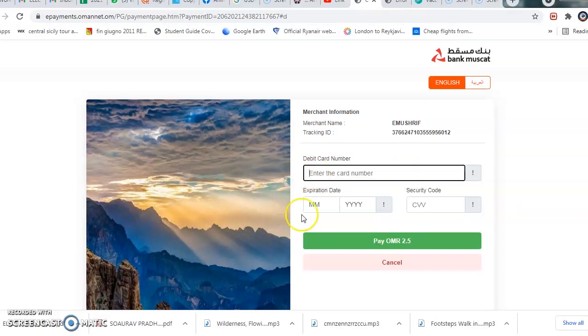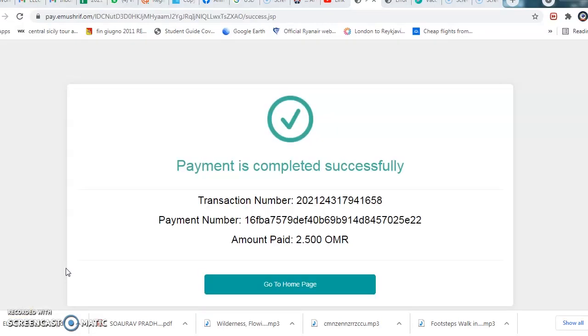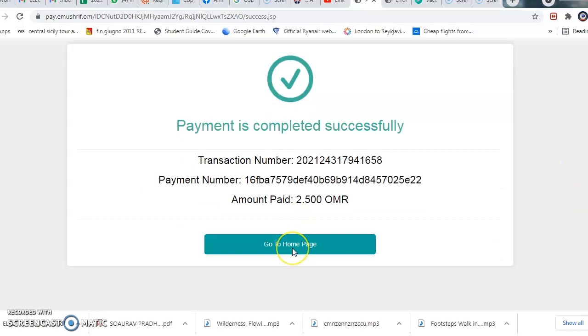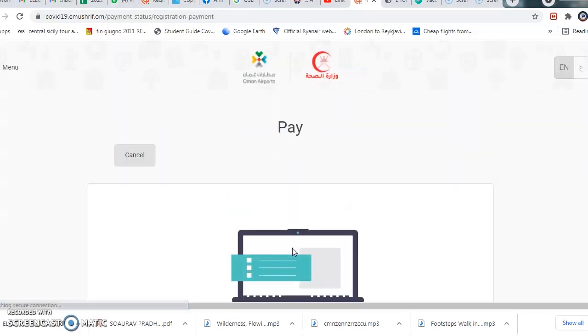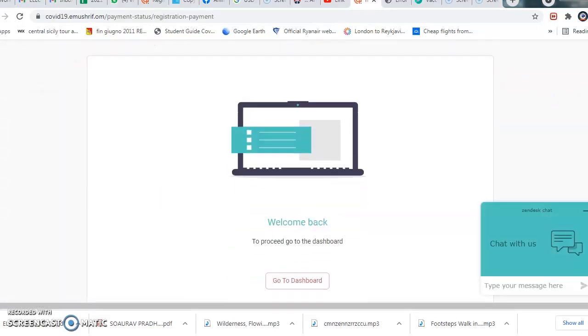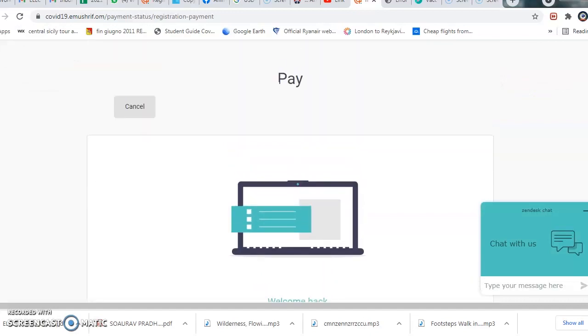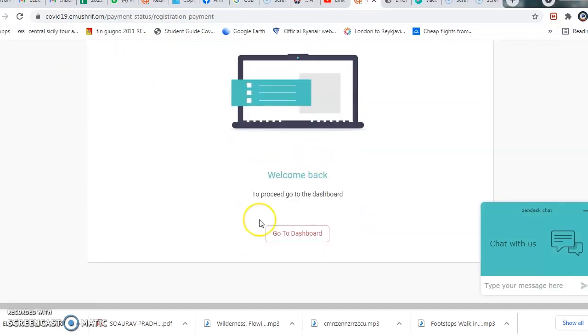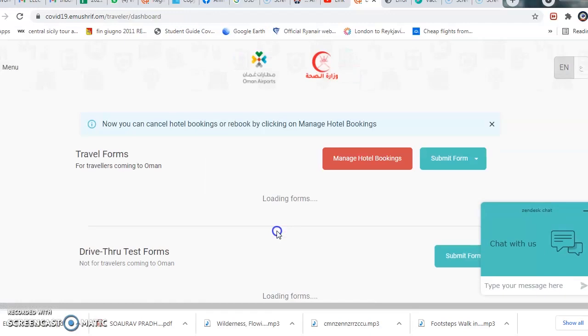Enter your card details and make the payment. Okay, there you go. Payment is completed successfully. Now you can just go to home page. Go to dashboard